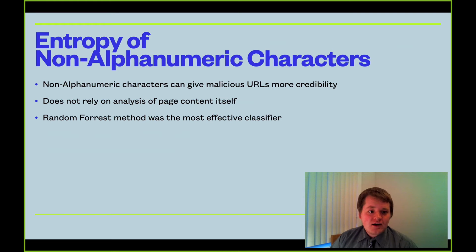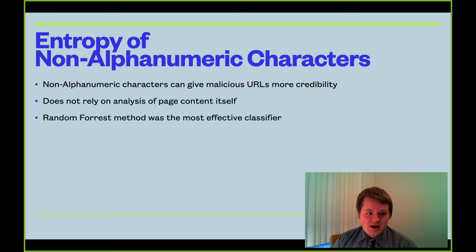Non-alphanumeric characters are often used in phishing messages, both in the URLs and in the text of the body. Bad actors can attempt to fool users by adding extra unnecessary dots, hyphens, or other characters into a URL of a phishing site to help them to gain credibility. Because of this commonality, the URLs inside of messages can be analyzed to determine if the message may be a malicious one. This system is useful because it does not rely on analysis of page content itself, as attackers may hide information on the page's content, which may be difficult to detect with other models, such as content-based detection.